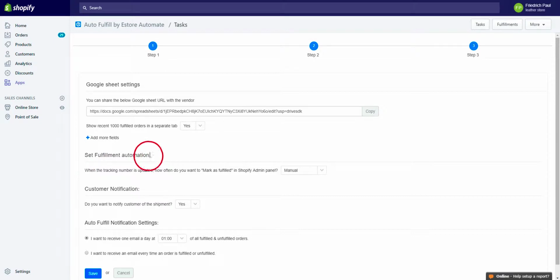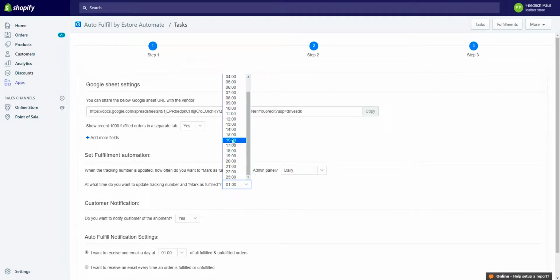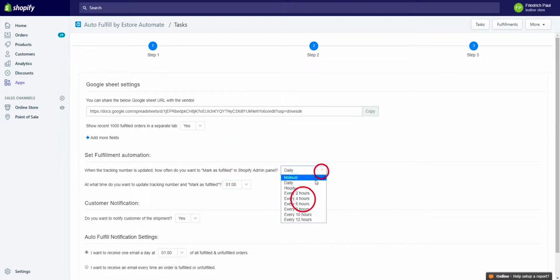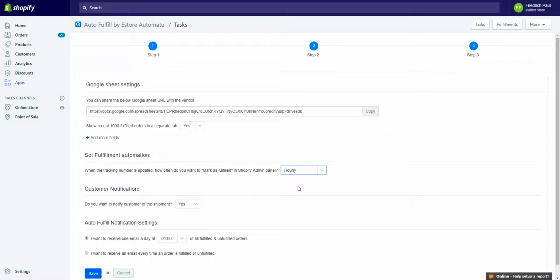It says set fulfillment automation, where you say how often you want the fulfillment process to run. So let's say, for example, your supplier, manufacturer, or fulfillment partner has updated the tracking number in the Google Sheet. It will automatically mark the order as fulfilled every hour, every 2 hours, or daily. You can mention the time of the day. If you say hourly, it will do it at the top of the hour, at 1 p.m., 2 p.m., 3 p.m., like that. And then let's keep it manual for now